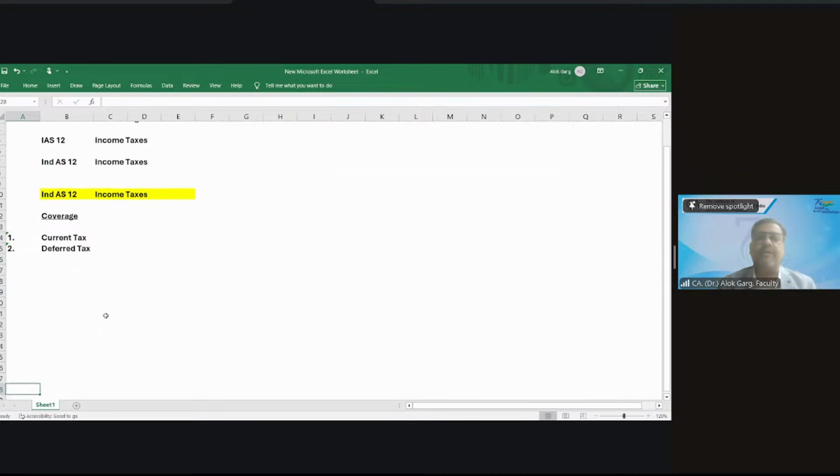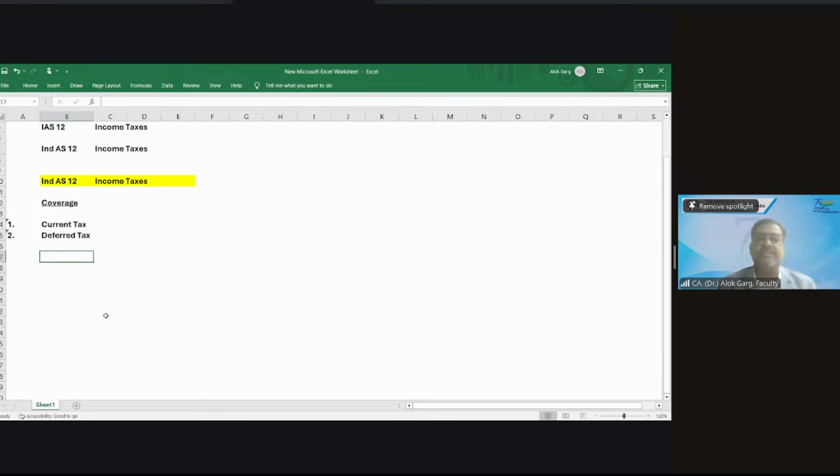Friends, as far as the agenda is concerned, we are going to cover four pillars of income taxes, four pillars of the accounting standard on income taxes. What are the four pillars? RMPD. When I hear this word, it assures me that you are my students. So we are going to cover the recognition